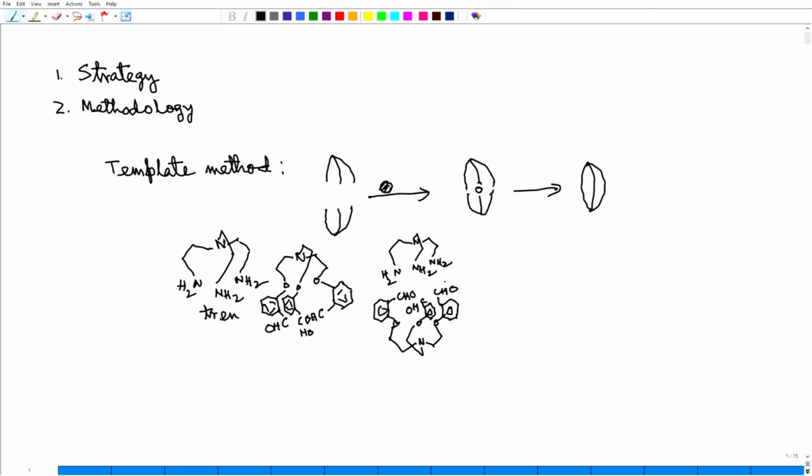And then amine and aldehyde will combine to form a Schiff base. They will form a Schiff base,